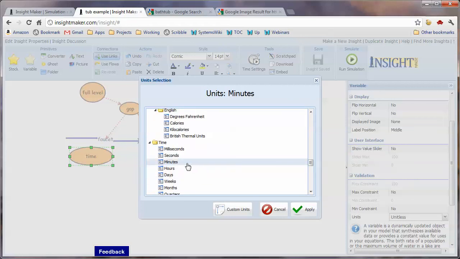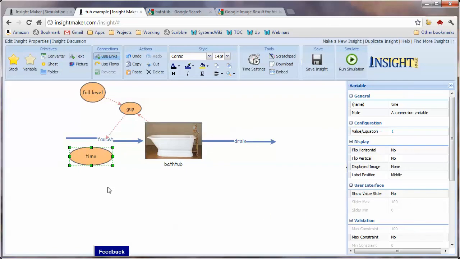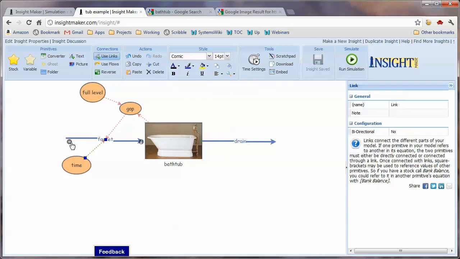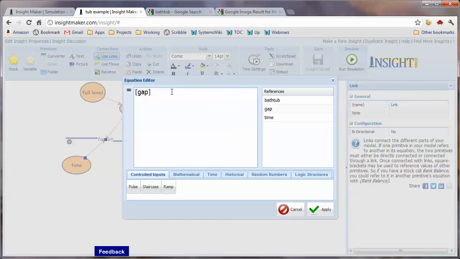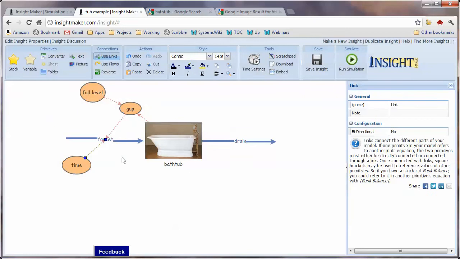Okay. Use a link to connect minutes to the faucet, and we'll change the formula to say that it's gap divided by time, so that because this is gallons divided by minutes, it ends up being gallons per minute, and the variables are